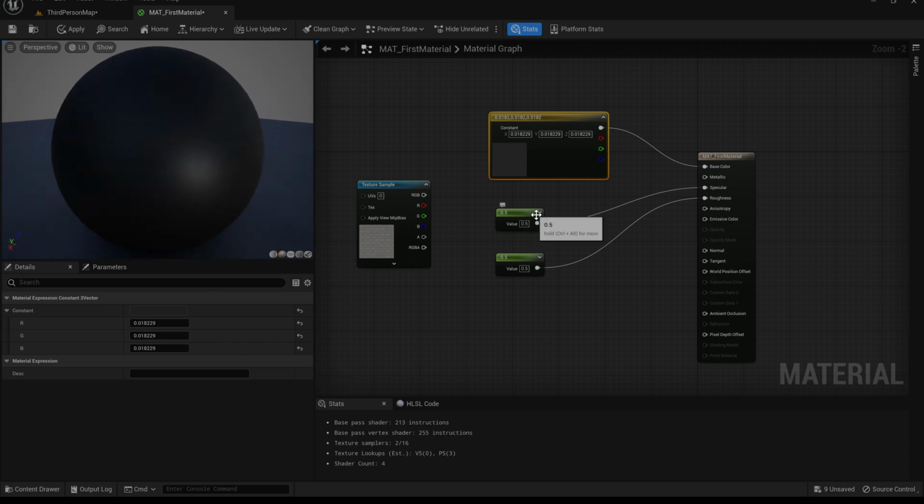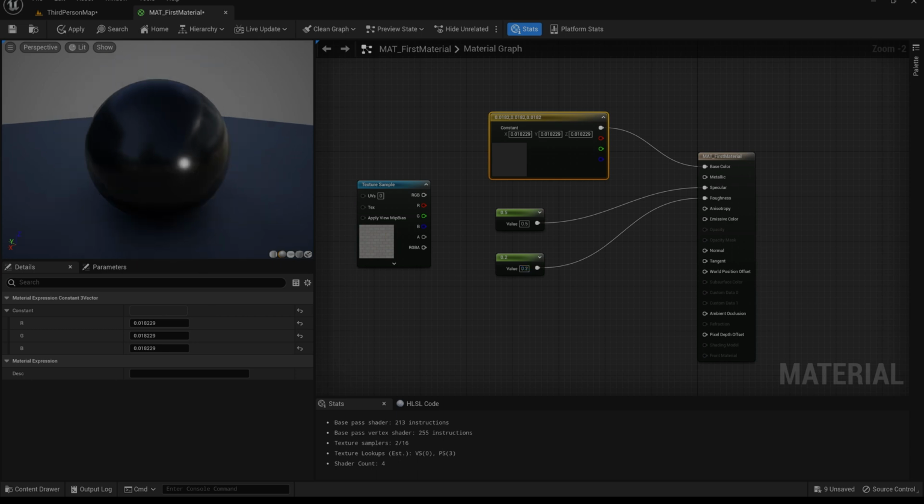So specular, you usually want to leave about 0.5. It would be never 0 and never 1. 0.5 is a pretty solid value to have for it. Then your roughness, so if we took the roughness down to 0.2, you can see there it's like